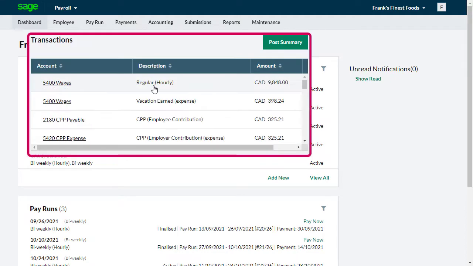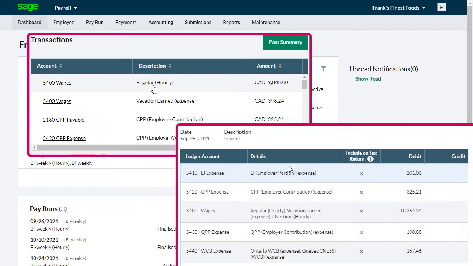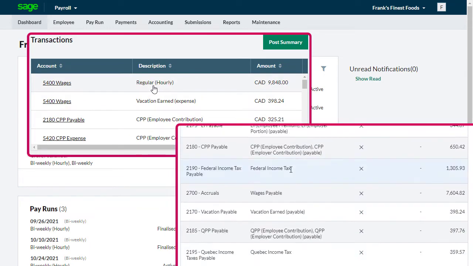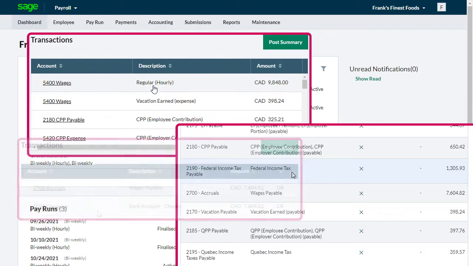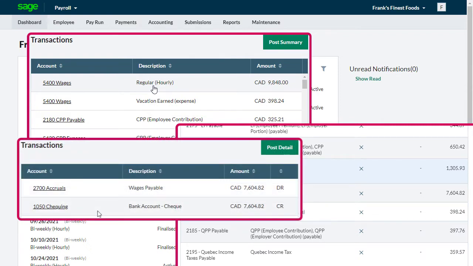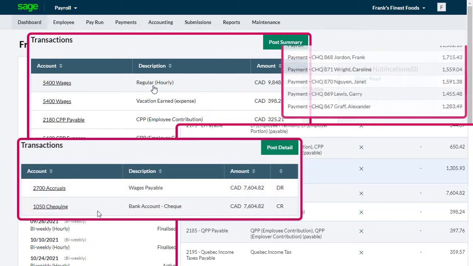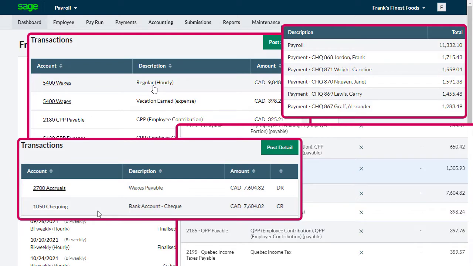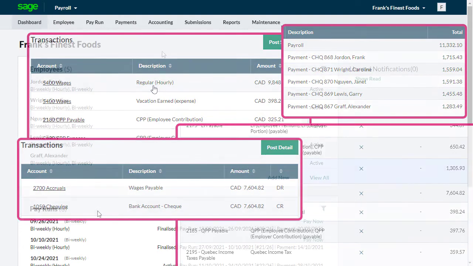The accounting integration is a way of linking Sage Payroll and Sage Accounting. If you have access to both, you can set up the link and have all the financial information from each pay run sent directly from Sage Payroll to Sage Accounting. This saves time and reduces the potential for any inaccuracies in your data.